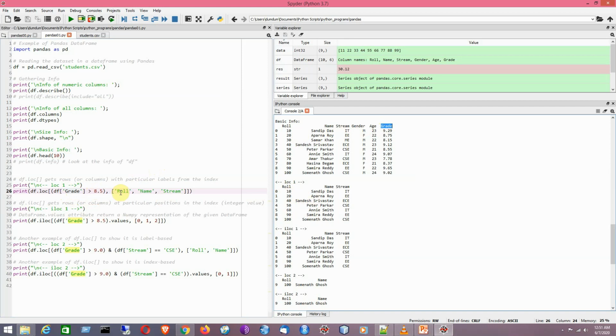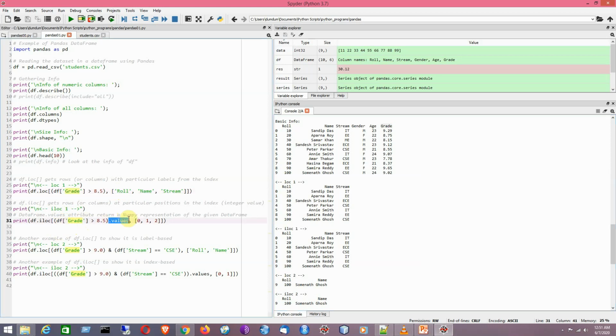Now we are going to get the same result by applying ILOC. We are applying the same logic here, but remember that since we are applying ILOC on integer values based on indexes, we need to convert them into values.